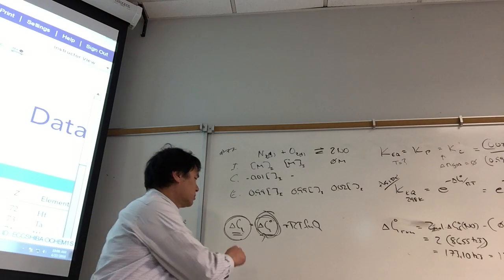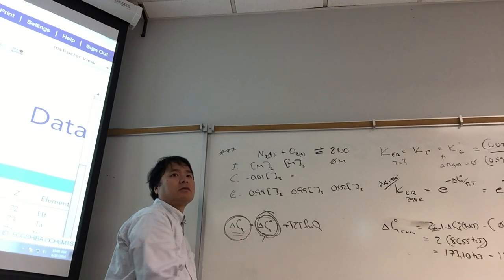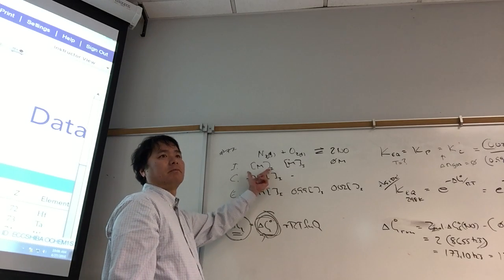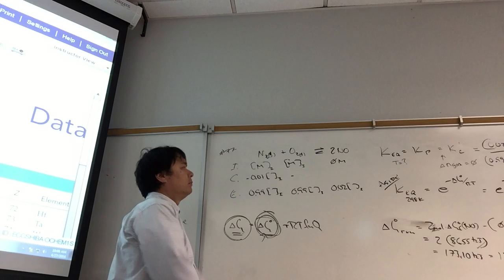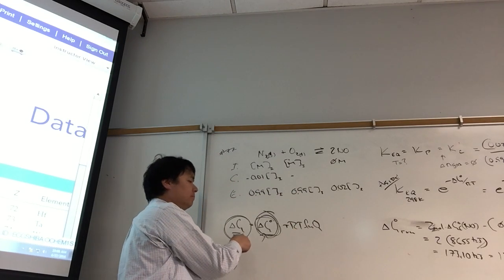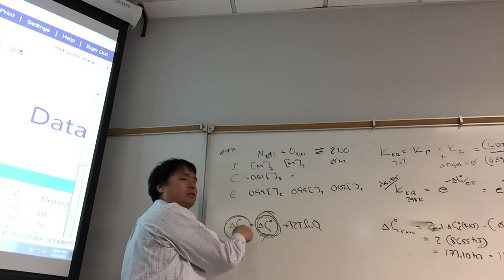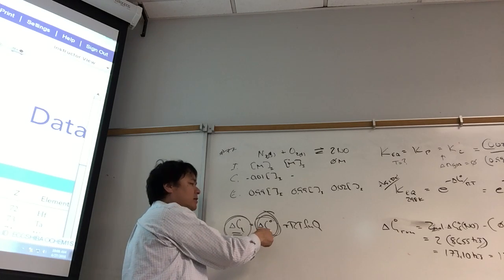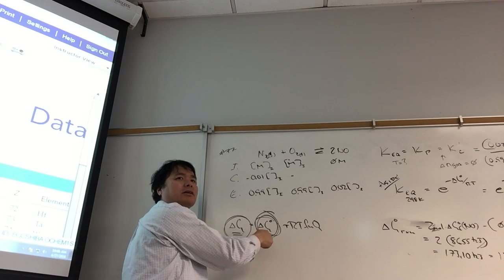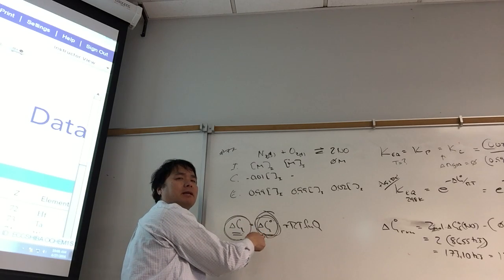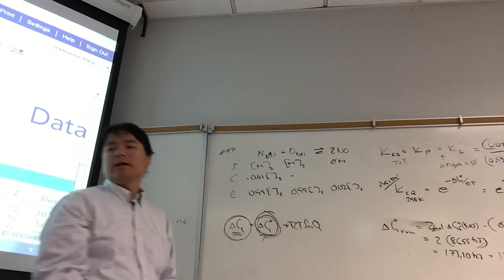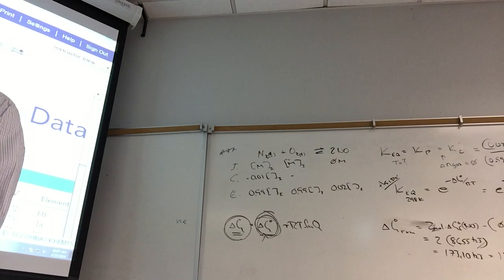This delta G here doesn't have to be under standard conditions. This delta G is whatever you got. Whatever I got might already be at equilibrium. I put it up here, and if Q is equal to K, then delta G is equal to 0. But that doesn't mean delta G naught is equal to 0. If delta G is equal to 0, does that mean that delta G naught has to equal 0? No. And so this is why thermo is